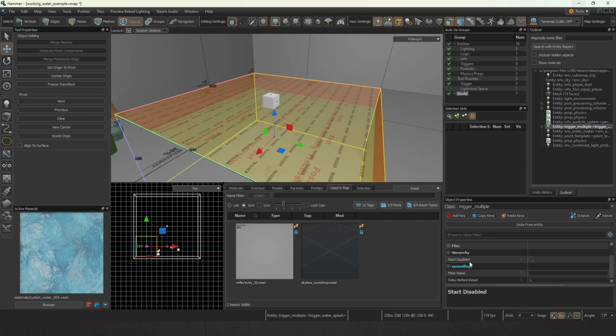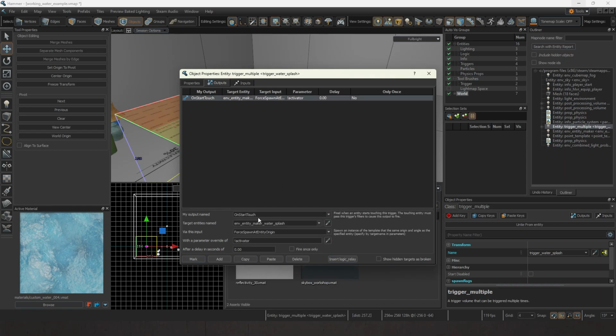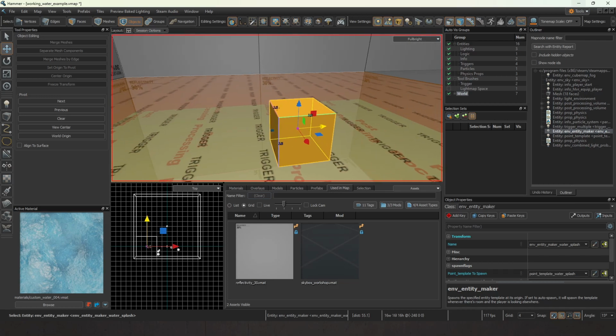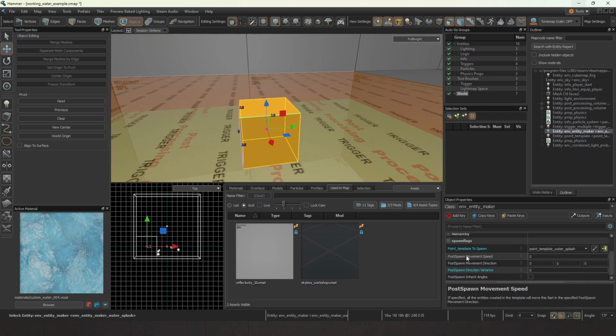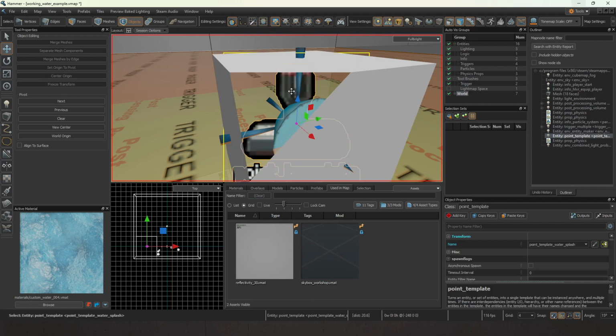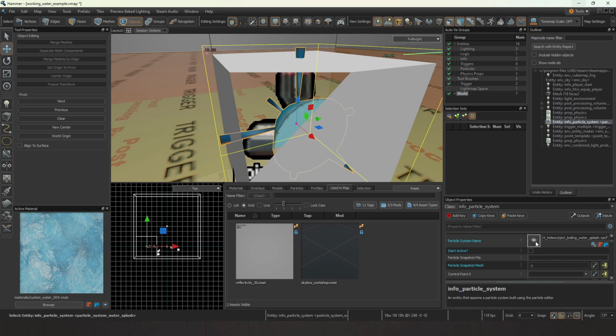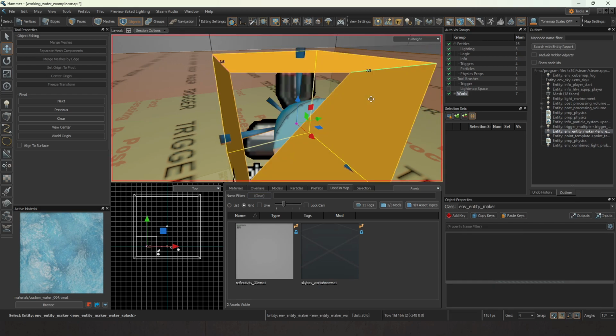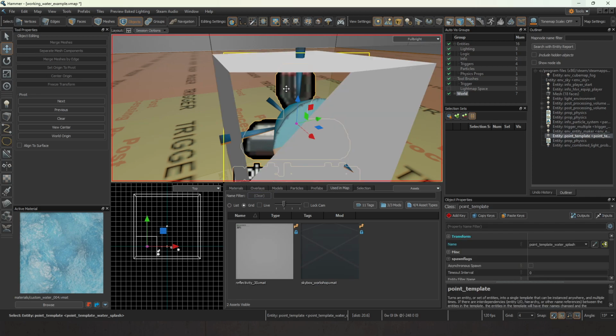So the water splash system is this trigger here, which is set for physics objects and NPCs if an NPC were to touch it. And it has an output for an env_entity_maker. So here's our environment entity maker. So when this gets triggered, the trigger is going to tell our environment entity maker to use a point template, which is right here. And its template is a particle system, this water splash particle system that's already in the game. And so when this spawns the template